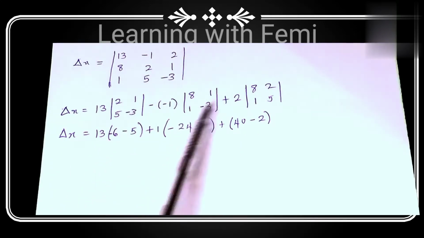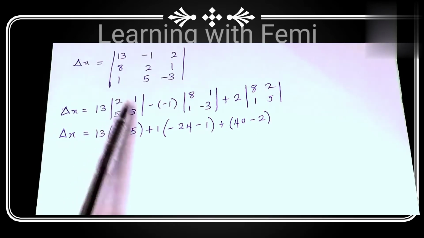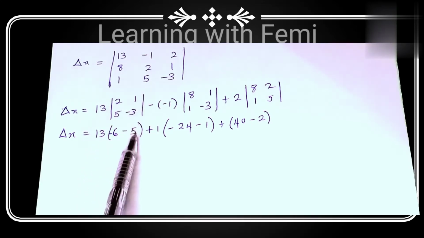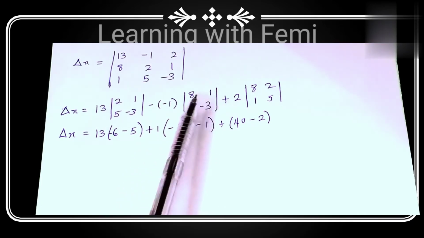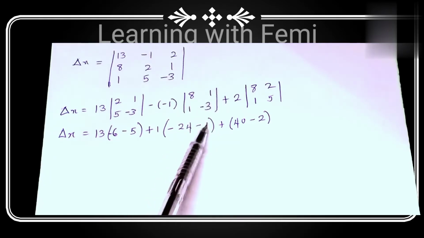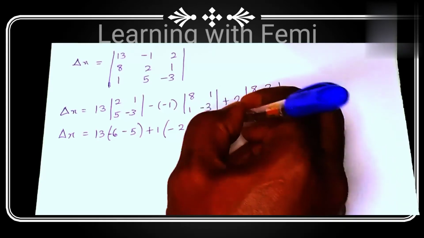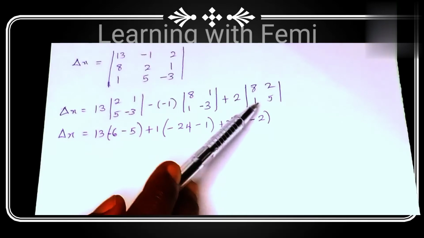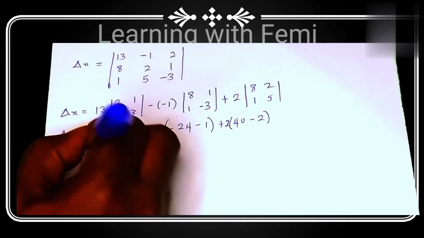Now, solving out these matrices, this 13 stands out. Then we have 2 times minus 3, minus 6, minus 5 times 1, 5. Then minus 1 equals plus 1. Now we have 8 times minus 3, minus 24, minus 1 times 1, 1, plus 2. Plus 2 stands out to have 8 times 5, 40, minus 1 times 2, 2. Now we continue from here to say